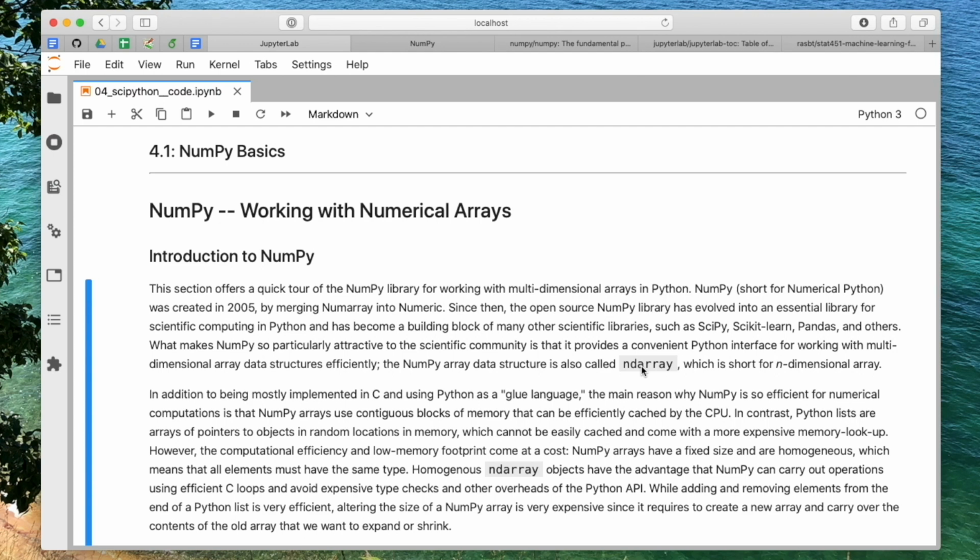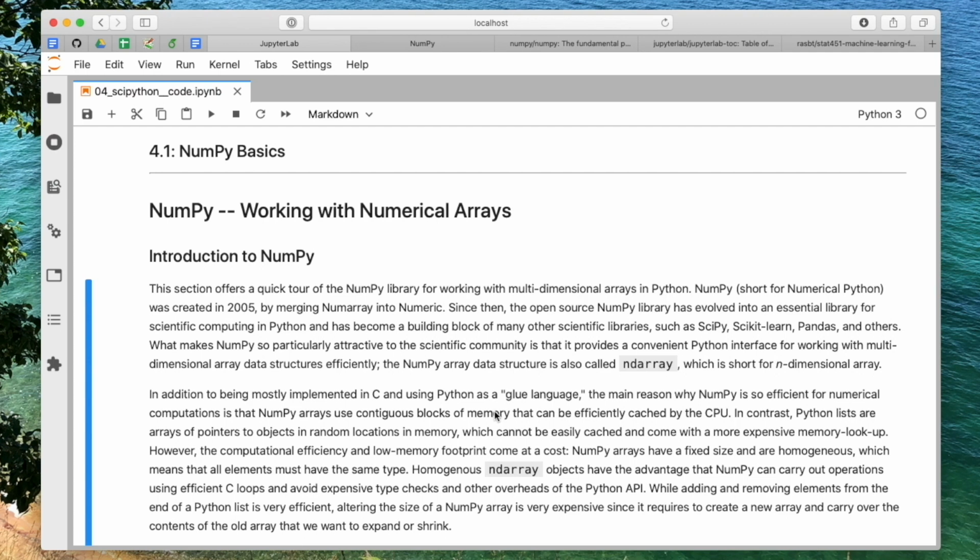And like I mentioned before, when I showed you the GitHub repository, NumPy is mainly implemented using C code. So Python acts as a glue language around the C code, and that is what makes NumPy so efficient. NumPy is way more efficient than, let's say, using Python lists, because NumPy uses contiguous blocks of memory. With memory I mean random access memory, the computer memory.